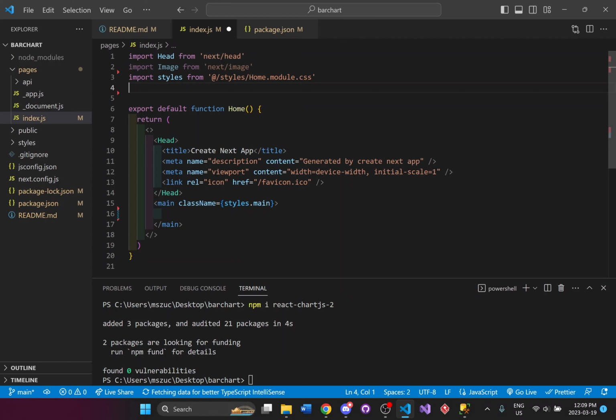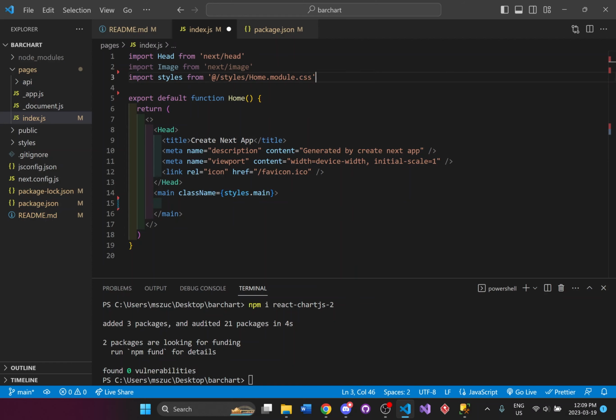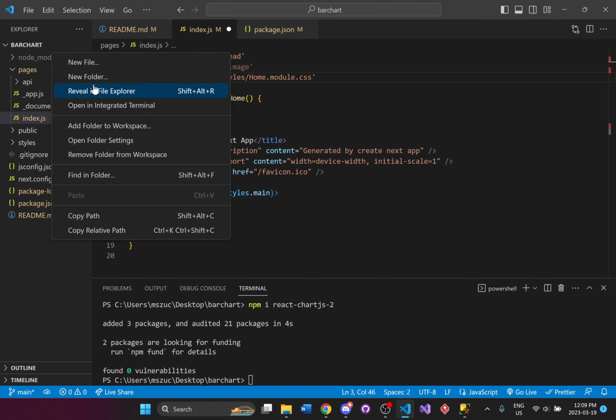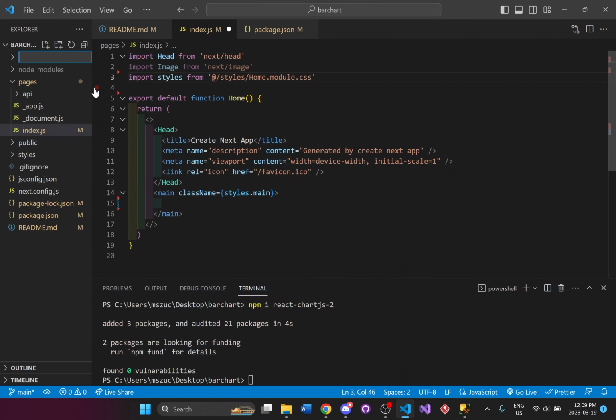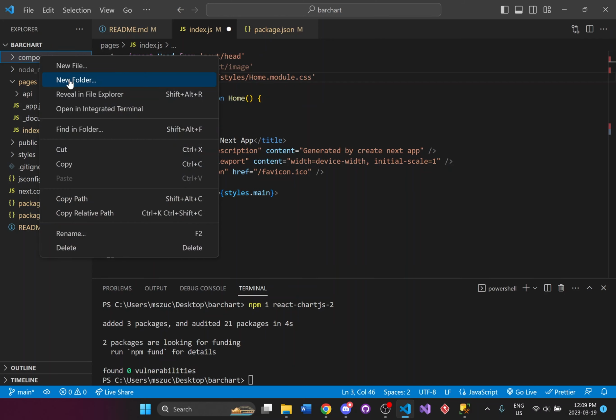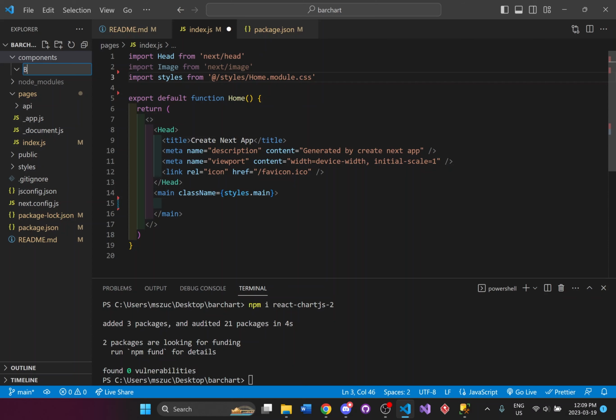And actually, since this is the home page, I'm going to separate it from the page into a component. So what I'm actually just going to be doing is importing what I create from my component. So I'll create a components folder. And I'm just going to create a folder inside components and call it bar chart.